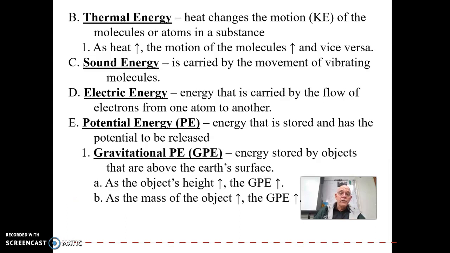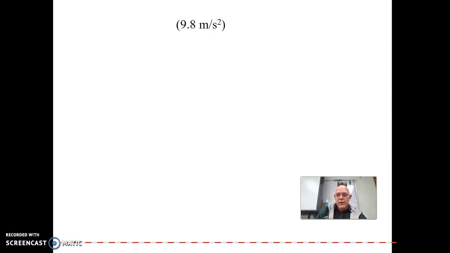All right. Now, it also has to do with the amount of mass of the object. The more mass the object has, you have a bowling ball up here and you have a baseball right here, the bowling ball has more potential energy because it's going to have more kinetic energy, once again, because of the mass as it falls. It will accelerate at the same rate as the baseball, so they'll have the same speed, but because, once again, the bowling ball has more mass, it's going to have more kinetic energy once it starts moving, so therefore it has more potential when it's sitting up there. All right, that kind of makes sense.